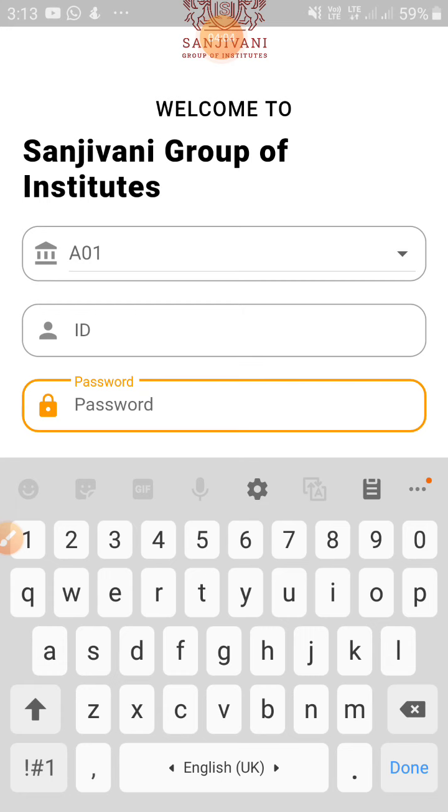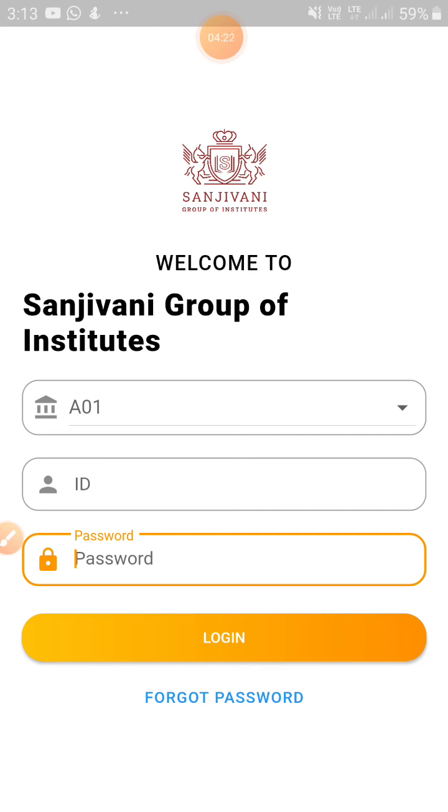So you can inquire about the ID and password from the student section, and contact the officials directly. Once you get the ID and password, they will be permanent for your future use as well. Later you can click on the login button and proceed with your payments.